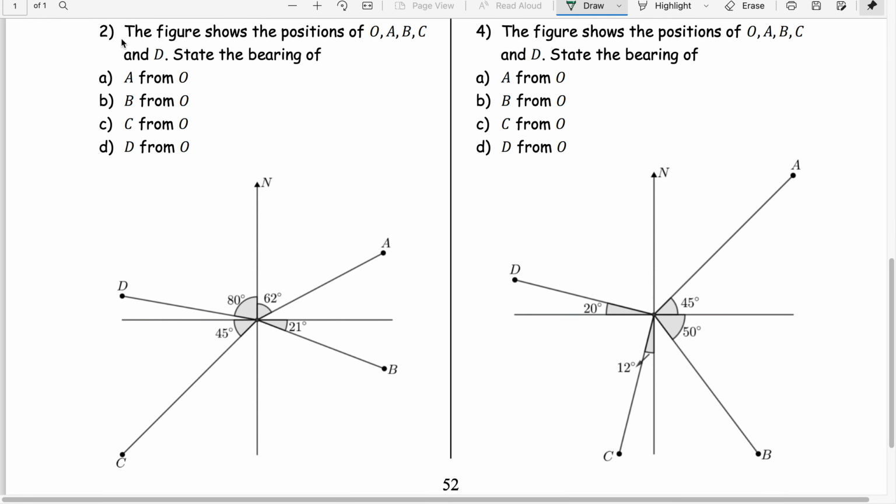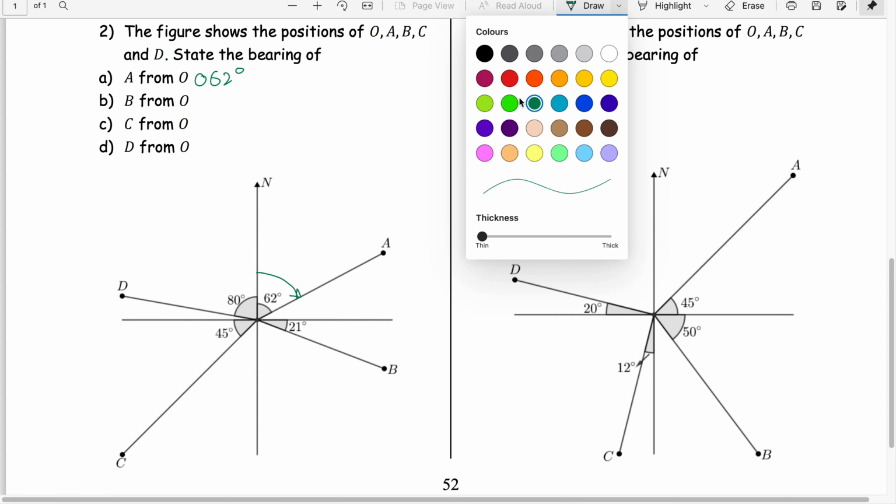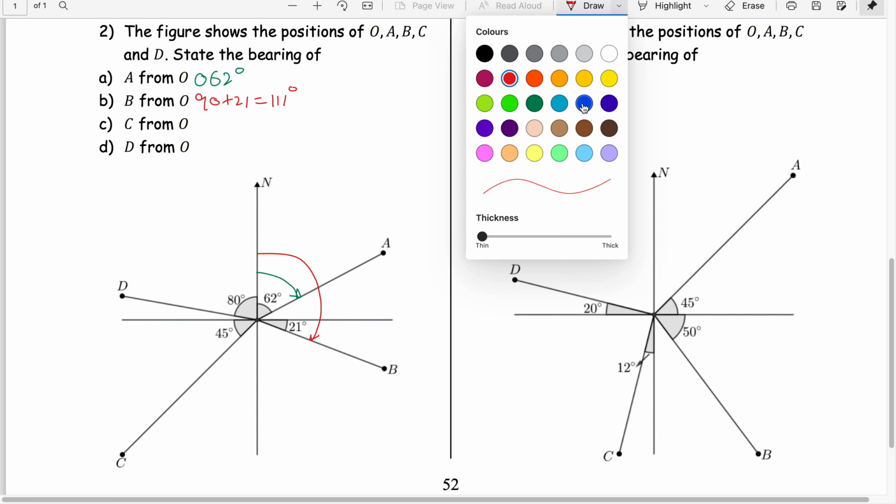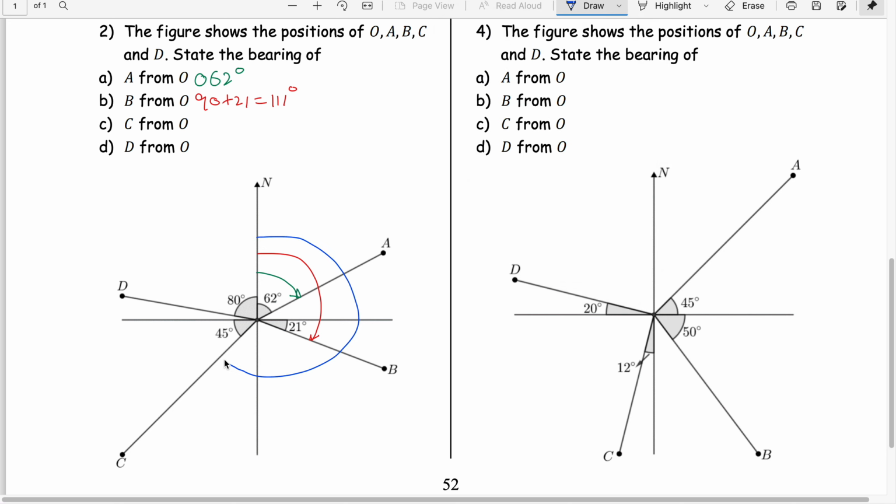I hope you're getting it. The figure shows the position of O, A, B, C, D. Again, A from O. So from O it is clearly 62, so 062. Then B from O is this again, which is 90 plus 21, and that is 111 degrees. C from O is this, which is 270 minus 45, and that is